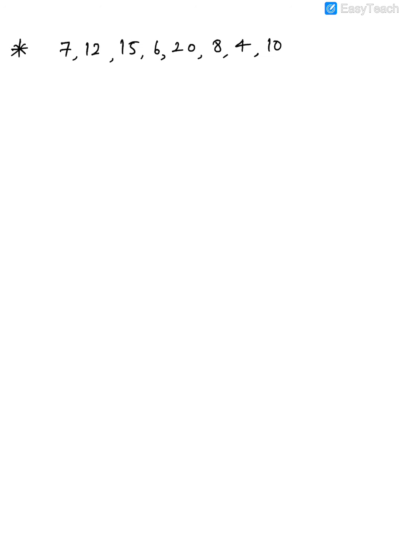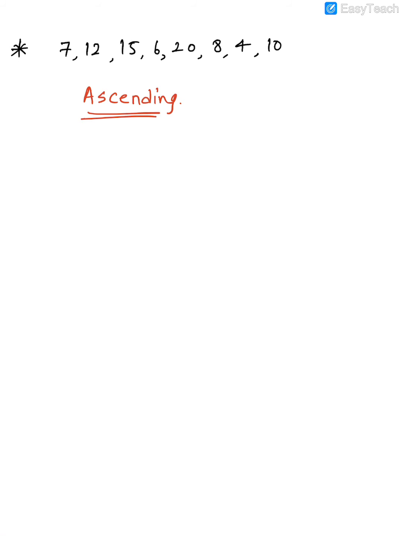Again, as I said, first we will arrange them in ascending order. Remember, we need to first set them in ascending order. Without that, you cannot start solving the problem. One more thing, guys: before you start arranging them in ascending order, count the number of observations that you have. So we've got 1, 2, 3, 4, 5, 6, 7, 8. There are 8 observations. So make sure that when you write them back down, you have 8 observations. You've not missed out anything.